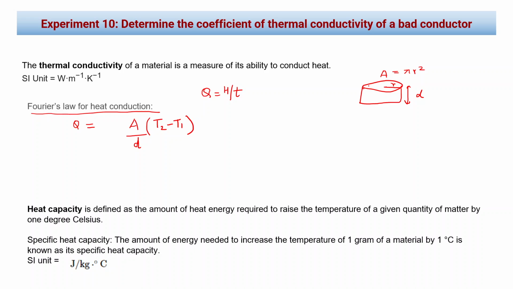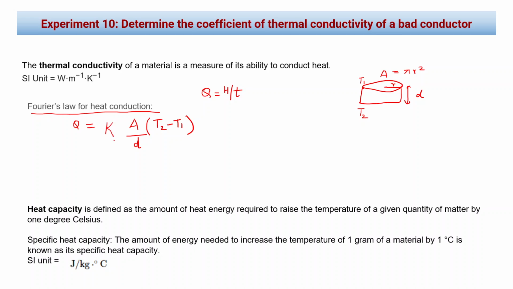And if, due to some means, we are supplying heat to one side of this disc, say one side the temperature reaches T2, another side it's T1, then the rate of heat transfer, or rate of flow of heat, from one side of this disc to another side will be given by this expression. It will be proportional to the temperature difference, inversely proportional to the thickness of the disc, and proportional to the area of the disc. This is known from the Fourier law, and since there should be a constant also,